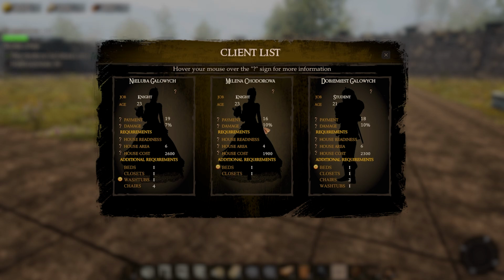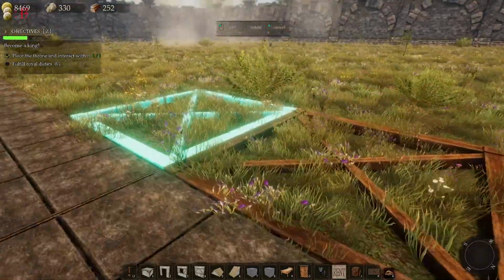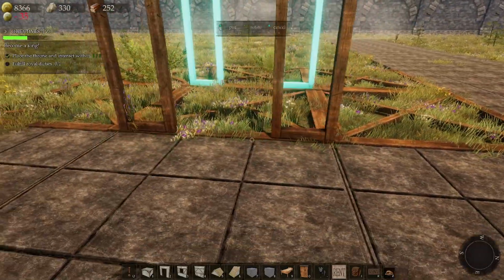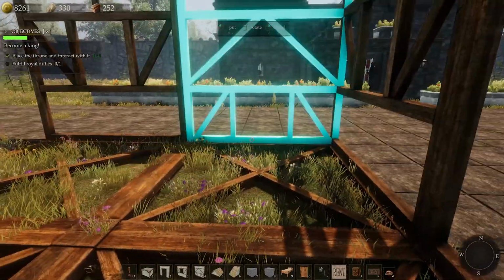So, the corner house, let me see, 16 payment, 16, 10, 18, 10, 19, 7. So, this one pays a lot more for a lot less damage. It is a house area of 6. So, let's see. 1, 2, 3, 4, 5, 6. Beautiful. Let's add in some doorways, some windows. One there, and then